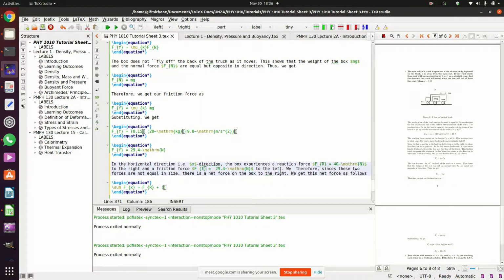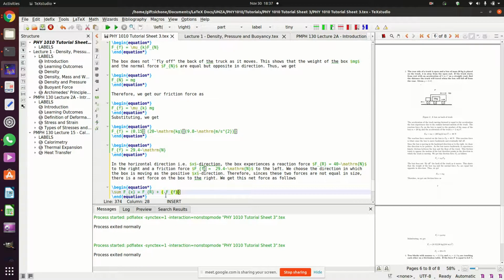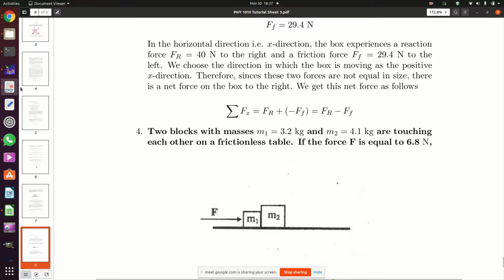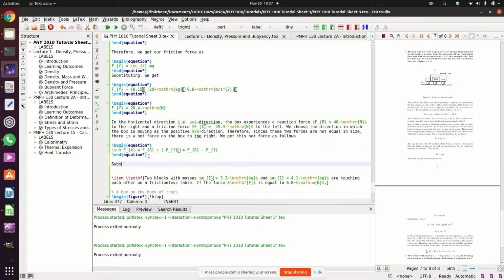before we do that, we choose the direction in which the box is moving as the positive x direction. So that's going to be that. Then we're going to have a minus FF, which is going to give us FR minus this. So this is what we're going to get as our net force. So substituting some numbers,